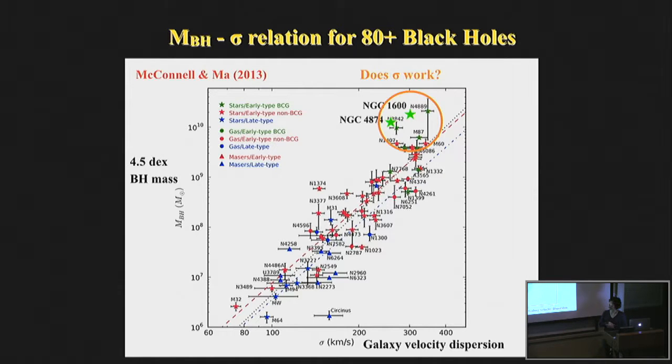To put it another way, if there are more of these black holes out there, we should be finding them. We have the angular resolution to find them. So we don't think it's particularly a selection effect or anything. Just somehow these black holes are more massive. Another way to say it is there are very few galaxies beyond sort of 350, 400 kilometers per second. The galaxies' sigma just sort of tops out here. The black hole masses seem to be able to grow more.